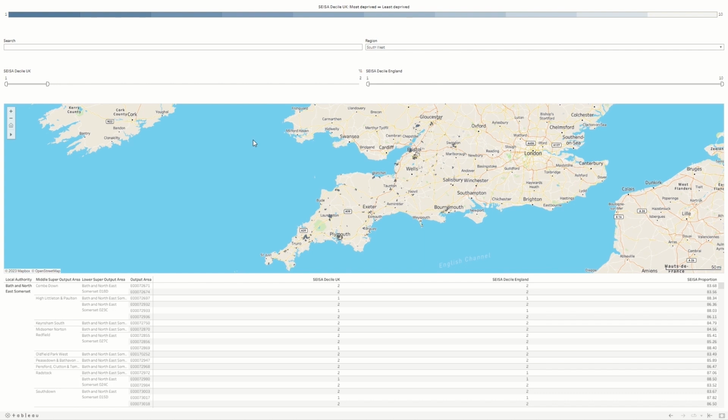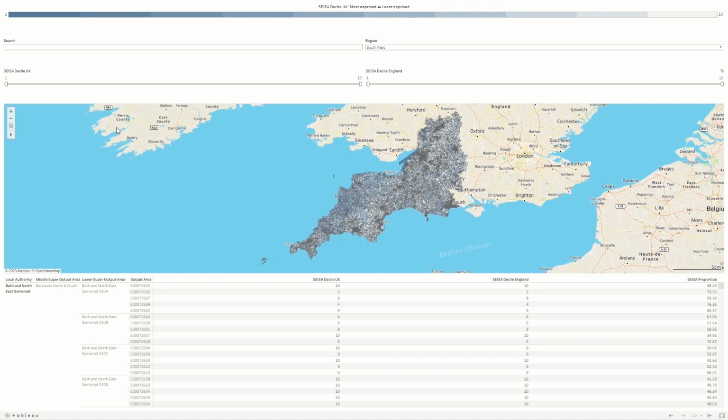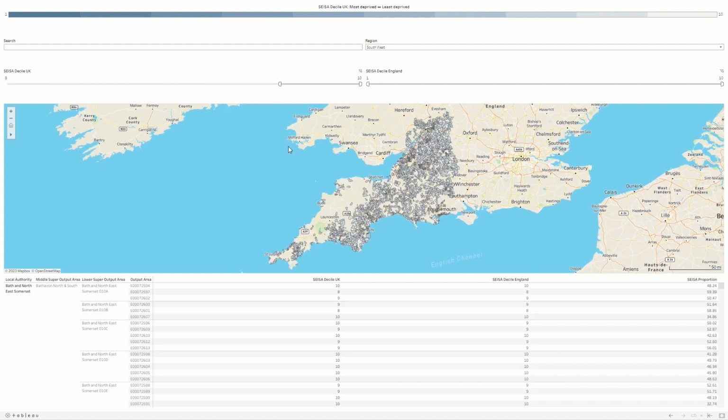That is, we are restricting the maps to show only those IPA areas that fall within the 20% most deprived areas across the UK. You can also drag the filter from the left if you only wish to see the higher deciles. Restricting to the deciles of interest may make it easier to view larger areas of the map.